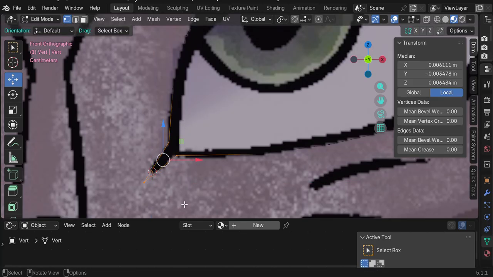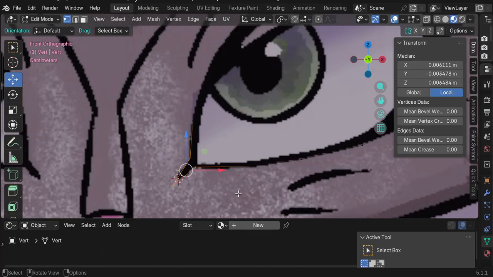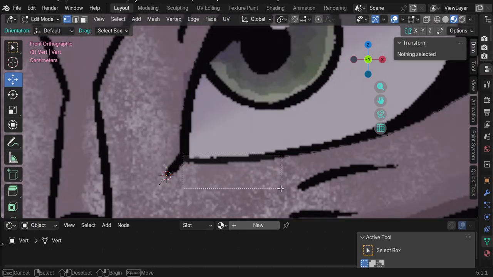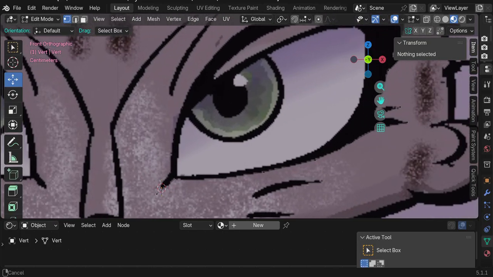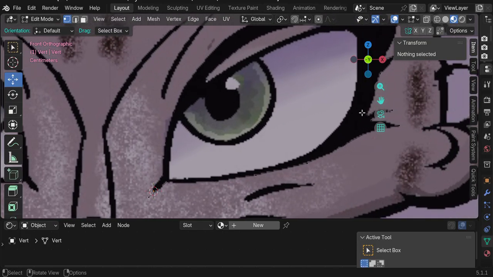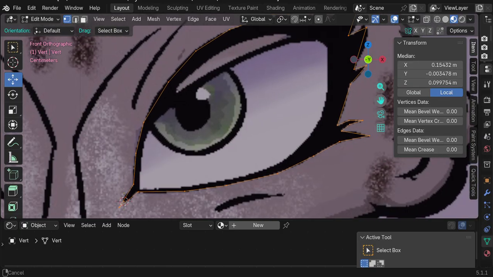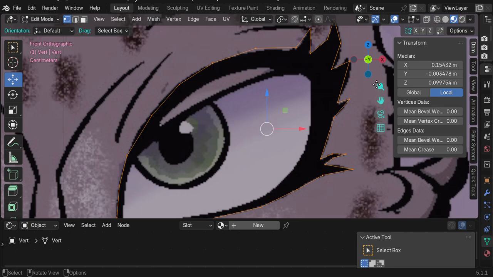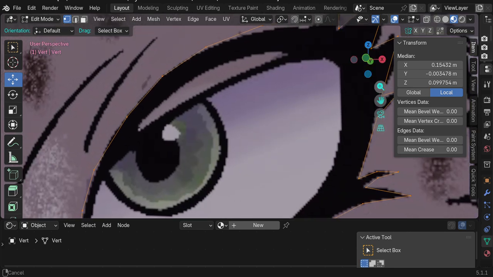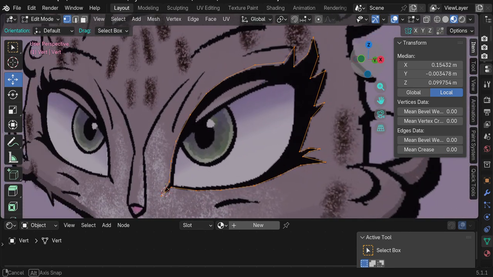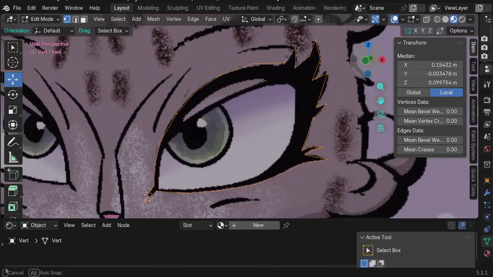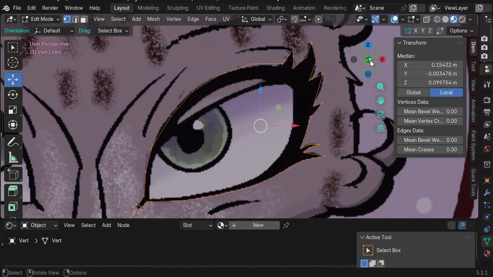And I can select all of these. I'm just going to leave it the way it is. Let's see. For now, I'm going to hit A to select all. I don't know how many vertices I have here, but I think what I'm going to do now is just